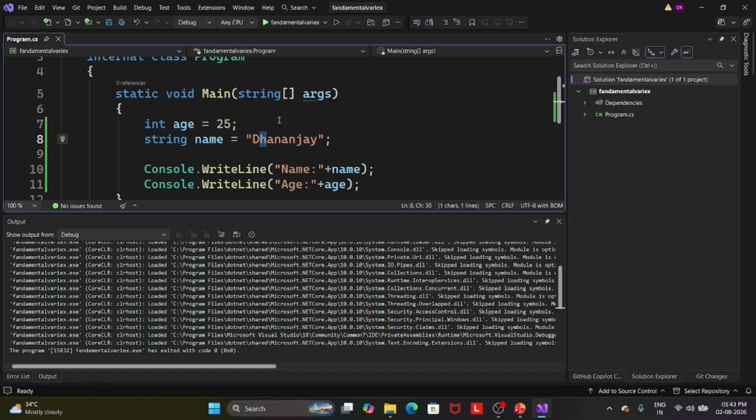So a small letter s and a capital letter S are different, not the same.